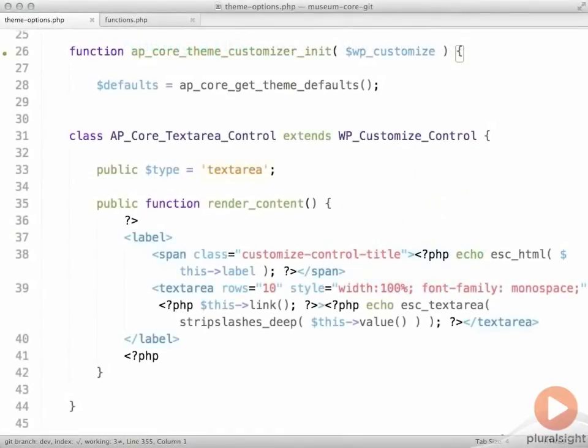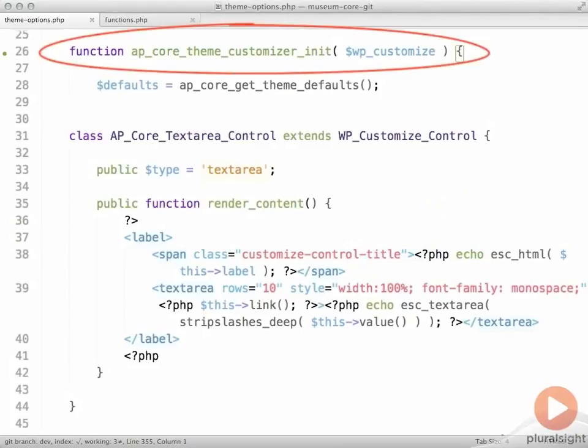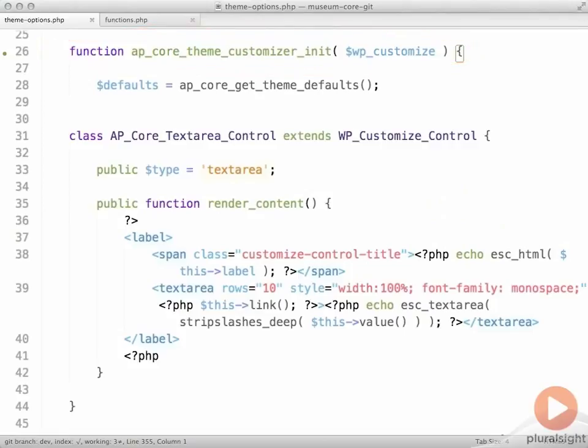We can't just create this class anywhere though. We need to create this class in the function that's called by the Customize Register action, which is the function that has all of our other settings and controls and whatnot. I'm going to call my class AP Core Text Area Control, and it will extend the WP Customize Control class. I'm defining a public type, which is how this control will be defined when we're adding the control to the customizer. The next bit is just overriding the default render content function with our own,